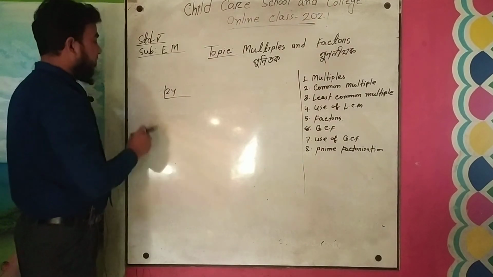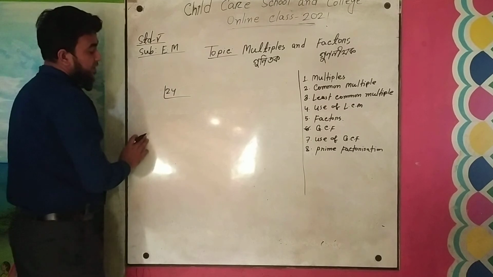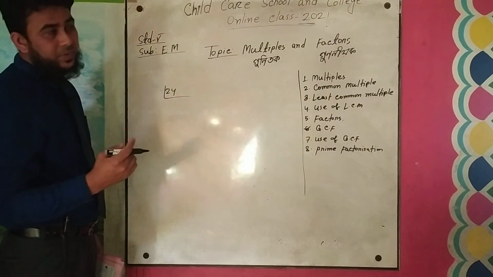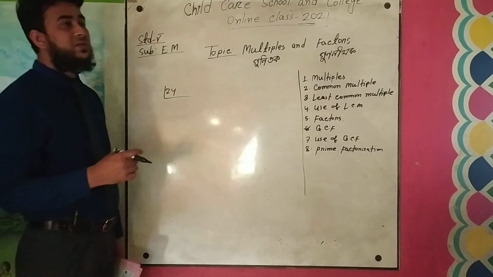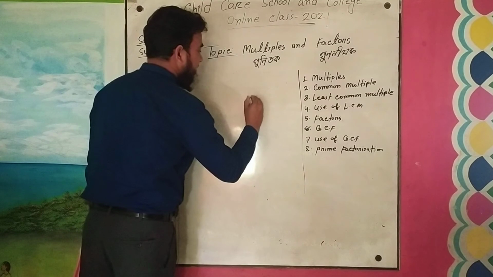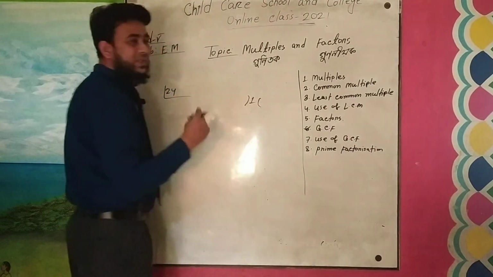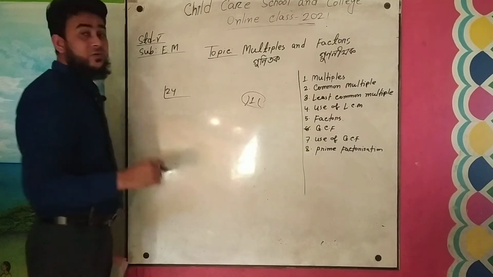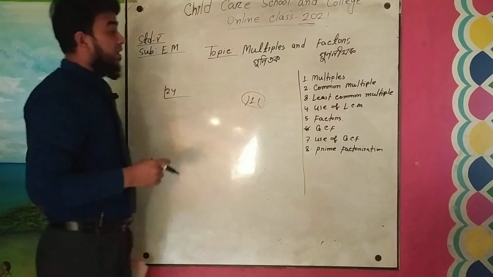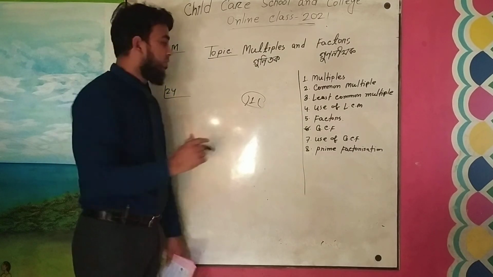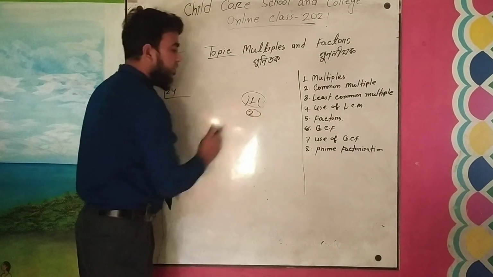Suppose we divide 24. At first we have to start from 2 because 1 is not a prime factor. You know that. Because if you take 1, you can divide 1 only by 1. There is no other divisor for it. So this is not a prime factor. So we have to start from 2. Another important question: what is the smallest prime number? It will be 2.